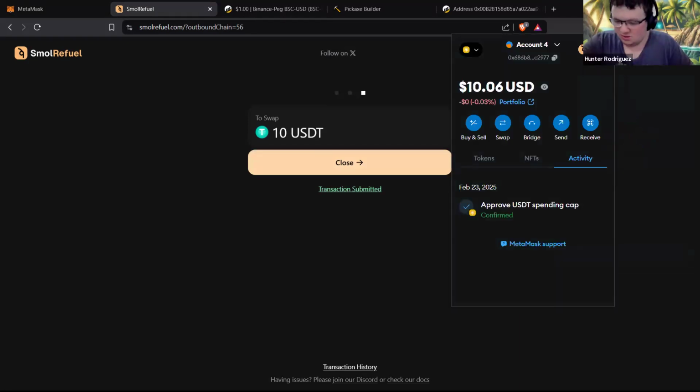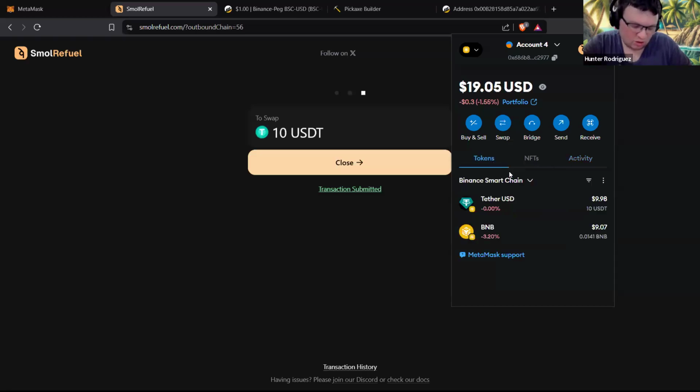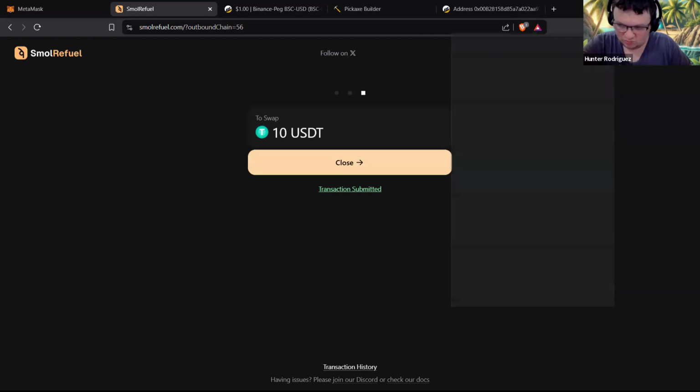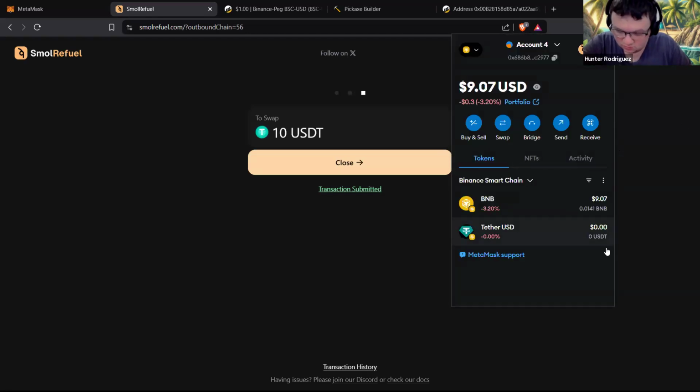And on a fast chain like BNB, it takes no time at all. Whereas, say, on a chain like Ethereum, it'll probably take quite a bit of time. And you see it's already, actually, that needs to be refreshed here. You see it's already done just that. It's swapped the Tether USDT on our behalf and given us